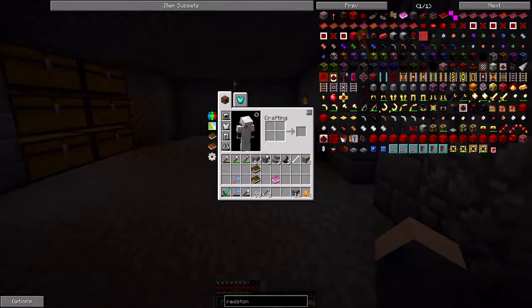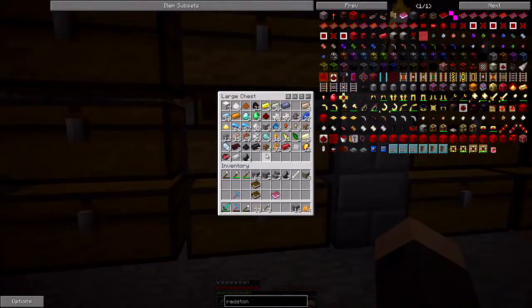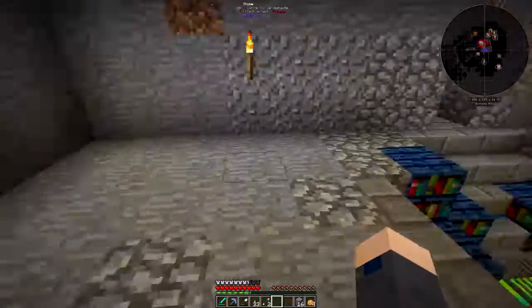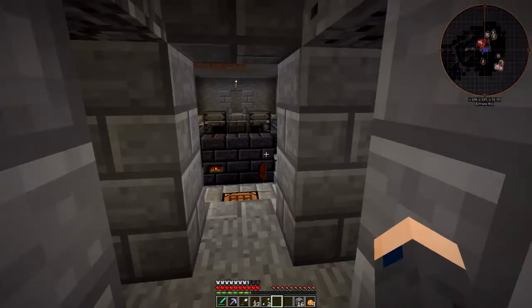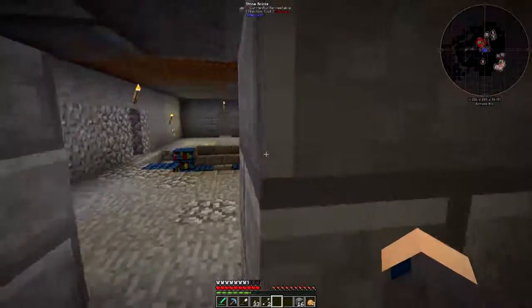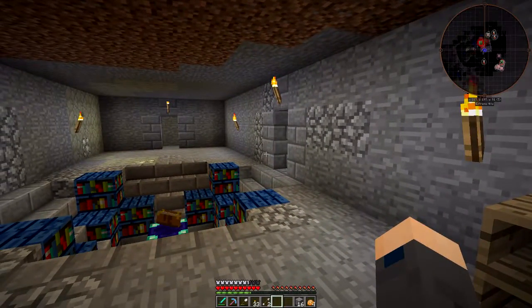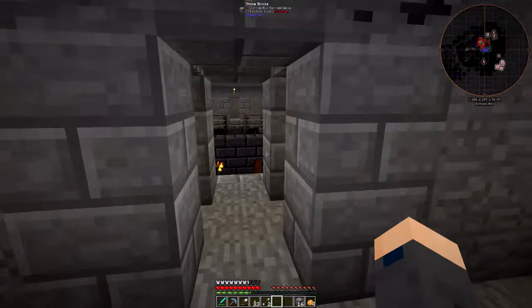Let's see what else. I still don't have, let's see, I only have a couple diamonds. What I would like to do is somehow work it where I want to do infinite. Same concept, but I want to hook it up to my diamond maker, my diamond generator, and see if I can. So I'm gonna have to load it with a bunch of